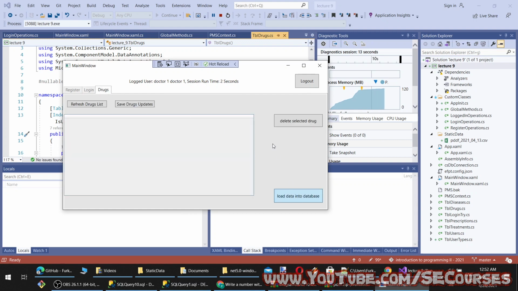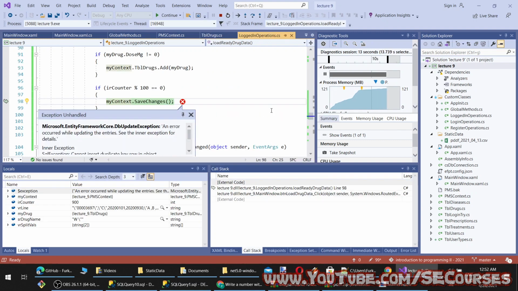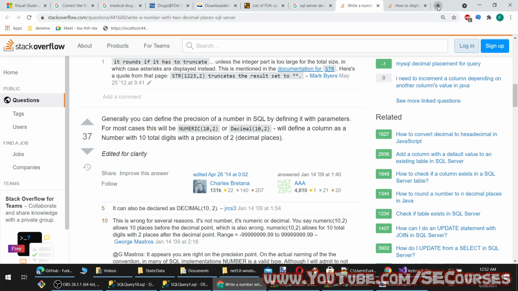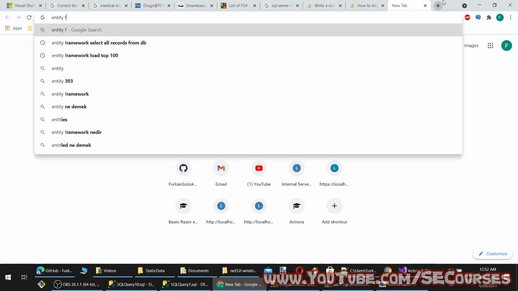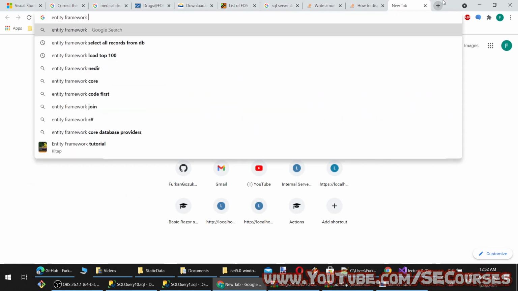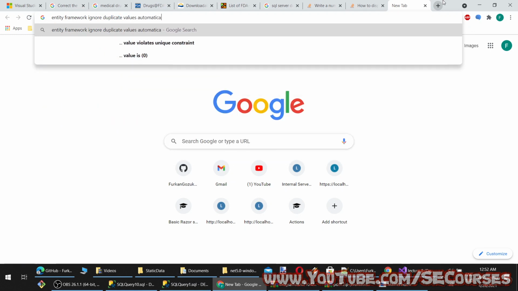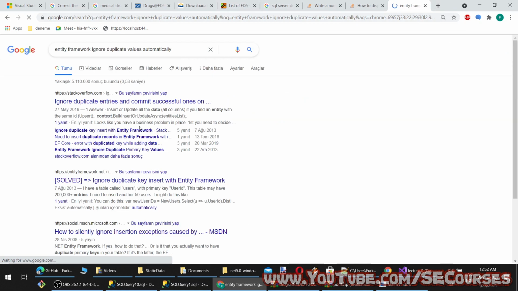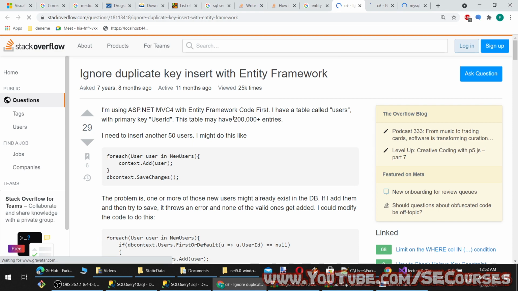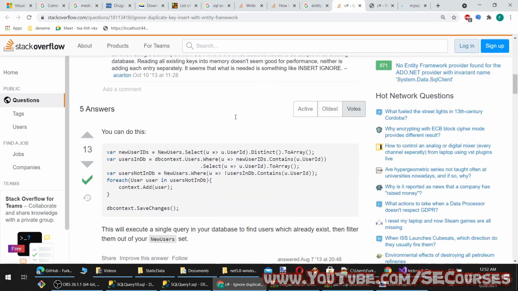And let's load. I hope no error. Okay, we got an error. So you see, we got inner exception. I wonder if there is an easier way. Okay, let's see if there is any easier way.